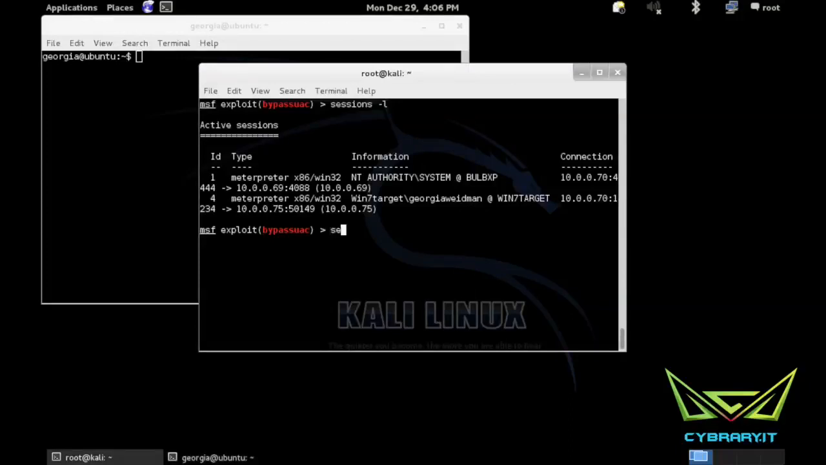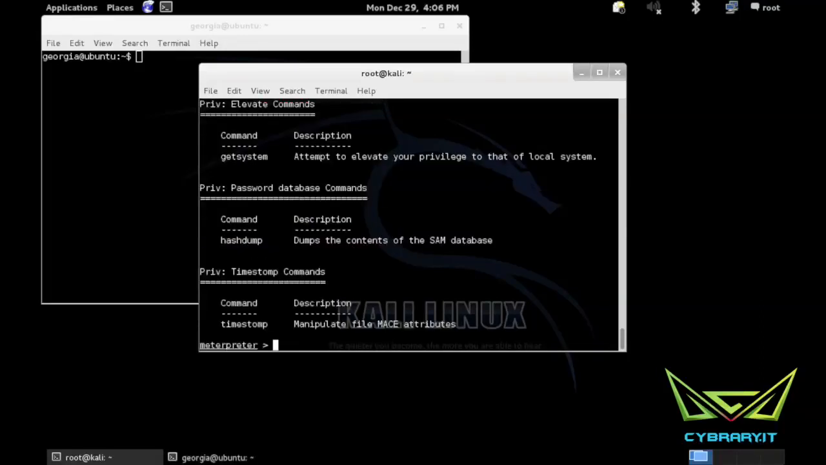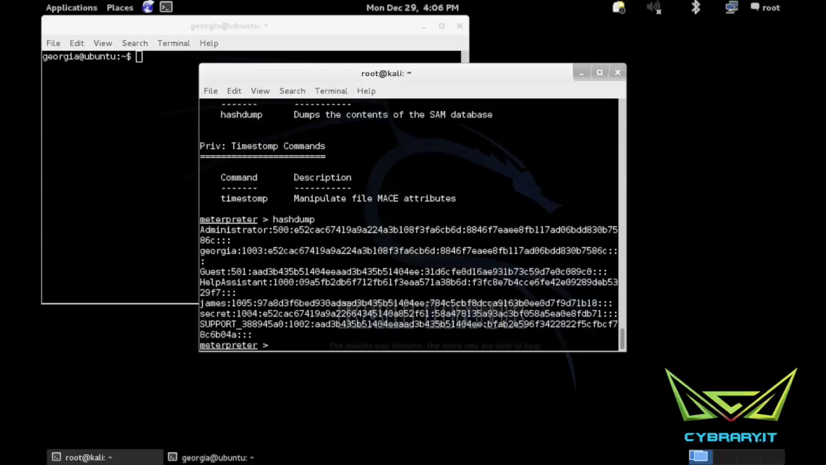Alright, so let's just jump into one of those sessions. I'll just jump into the XP. If I do help, we can see our Metasploit Meterpreter commands. So we've seen hashdump previously. We can take a picture, turn on webcams, record audio, things like that. And also have upload and download, so we can upload